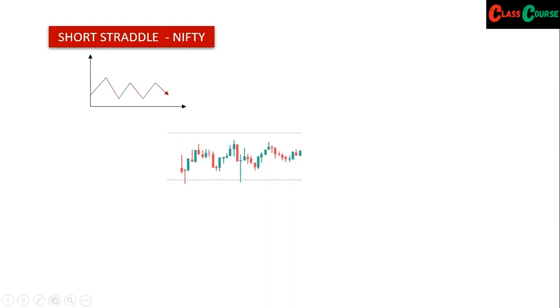Now let us assume this is a small chart which you are able to see. You can see the candlesticks, right? Let's assume this is a Nifty 50 chart and the Nifty's price is at 17,300. When the Nifty is at